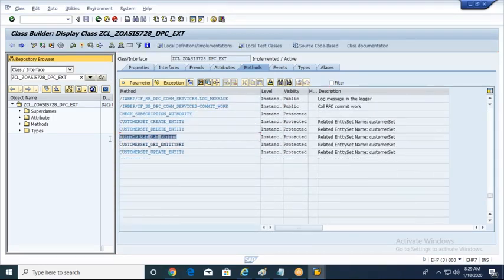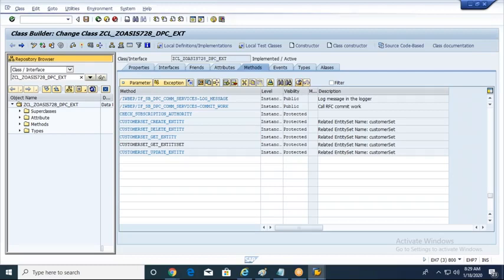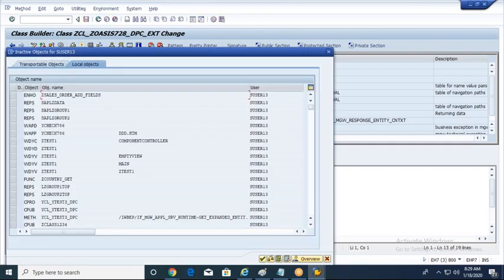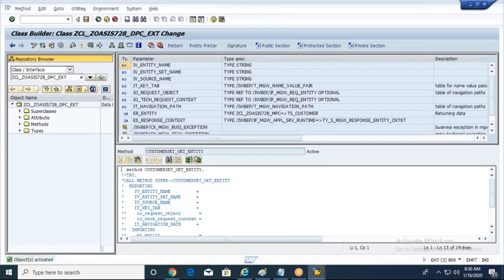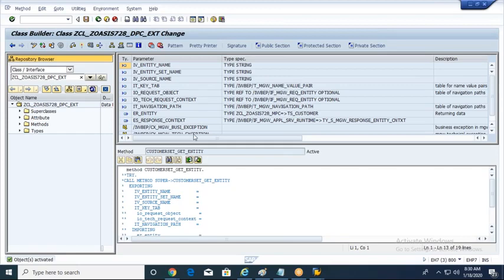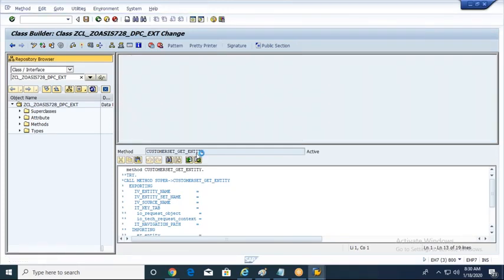For that, you have to go to the get entity method and change, then redefine is enabled. Do the redefine and activate. So the get entity method is used to display a single record, but when will a single record usually be displayed? Every key has one record, right? So, okay, before that, if you observe the parameters,